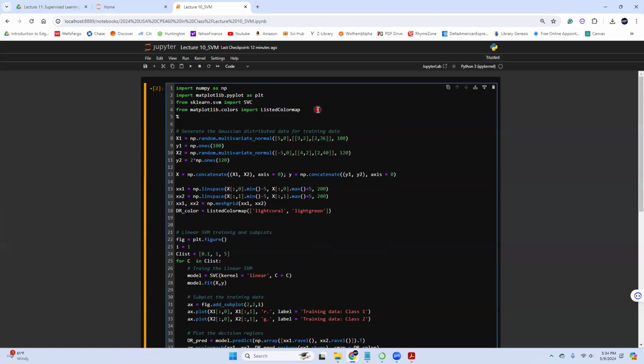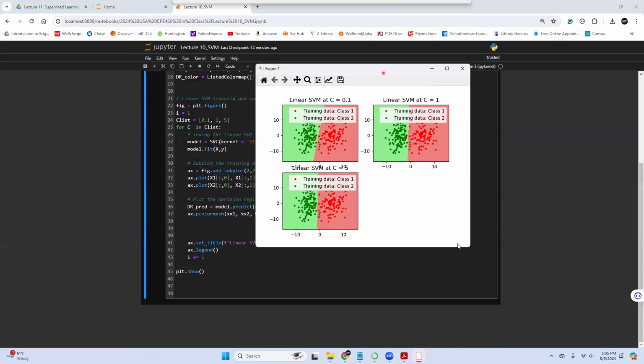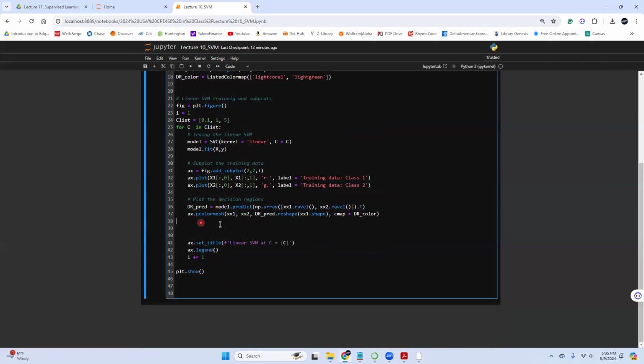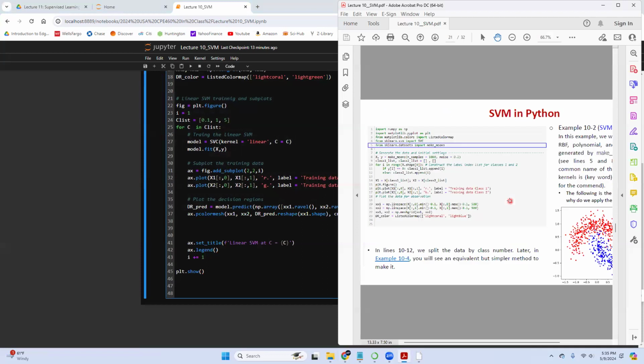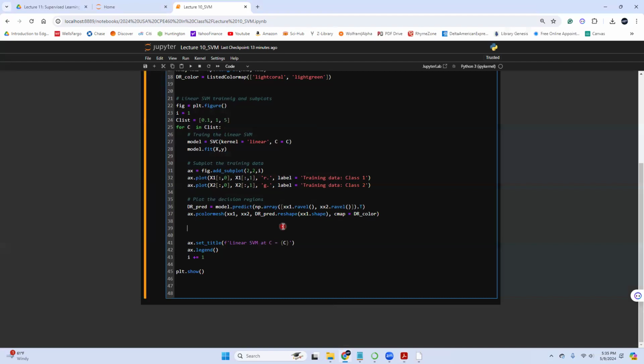So let me just make it outside, matplotlib plt, so it will get outside. Okay, here we go. So this is SVM, and C equal to 0.1, C equal to 1, and C equal to 5. And then the next thing is that, as we showed in the slides, we want to have those decision margins, the separating hyperplanes, and also the circles, those support vectors. Support vectors means the points inside. So first of all, we can plot support vectors,